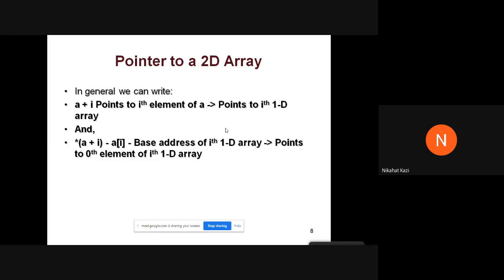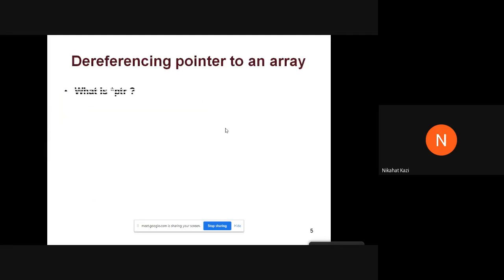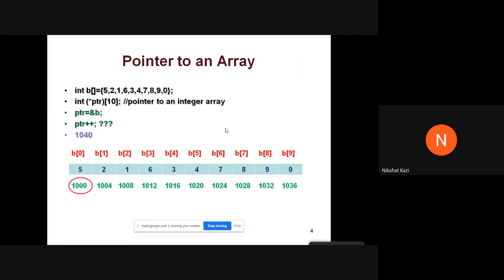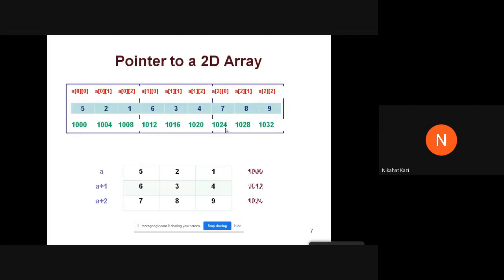If you remember, we saw the same concept earlier. PTR is the entire array B, and when we write star PTR, we are dereferencing. We get the base address of that element, although both the array's address and the base address are the same address. The same concept is applied here.